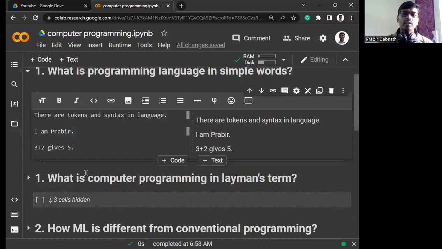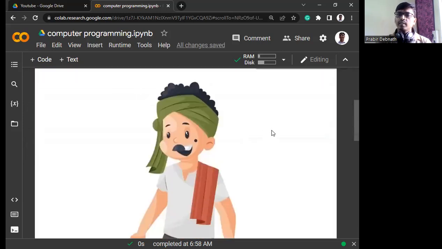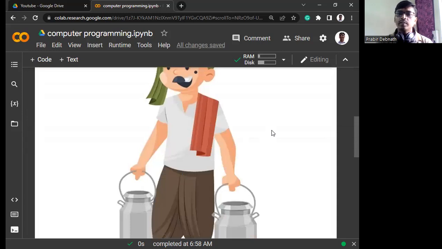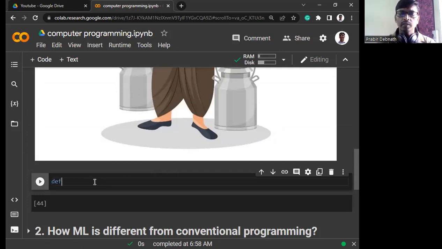Now, let us understand what is computer programming. Say your mother tells you that today we have an event in our house, and if the milkman comes, then tell the requirement of milk in such a way that number of people or number of guests multiplied by number of dessert items divided by 4. And you write a computer program so that anytime any event occurs in our house, the requirement of milk will be automatically calculated. So I'm writing this program in Python, def